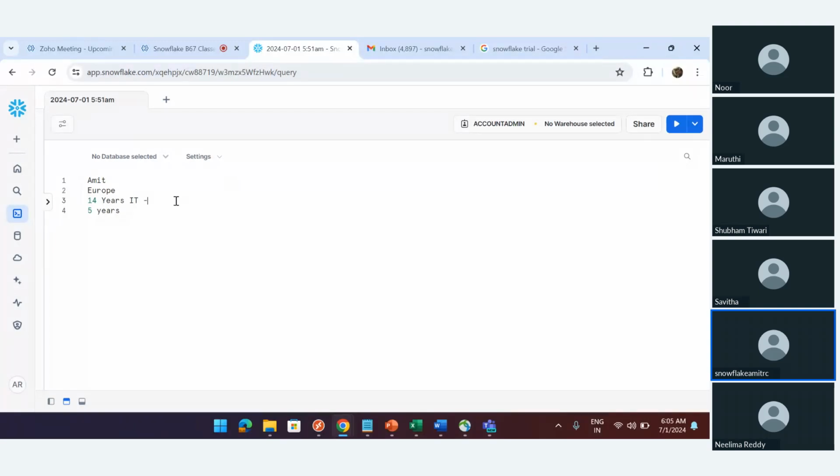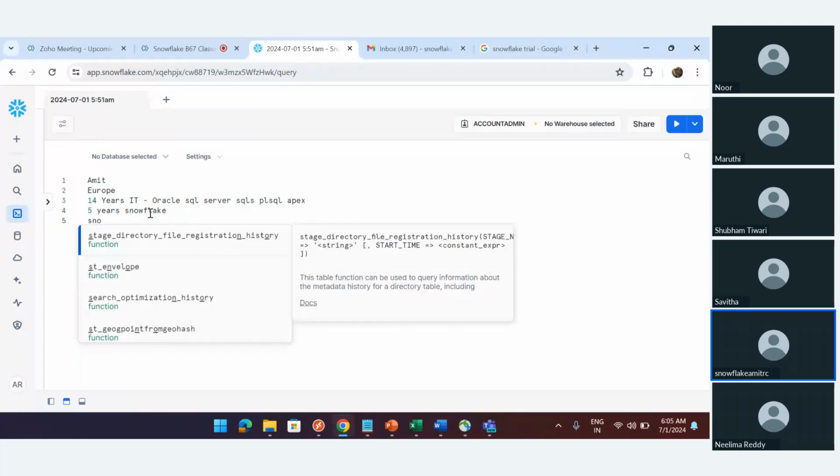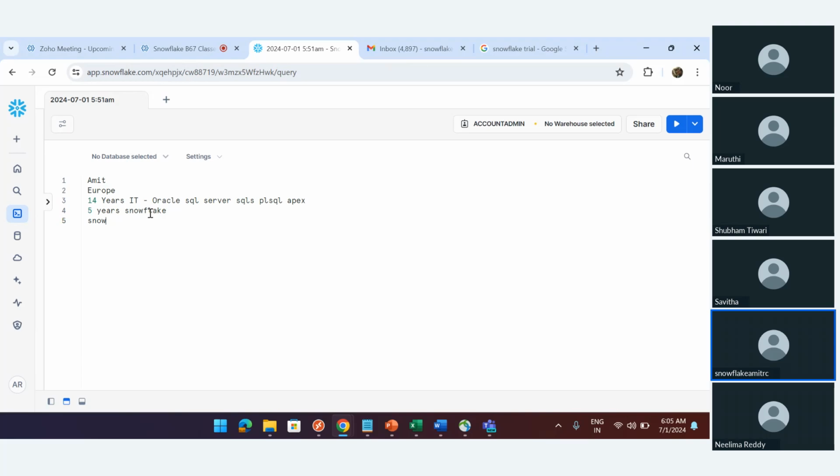Here I worked in Oracle, SQL Server, SQL, PL/SQL, and Apex. These are all the technologies I worked in before. In the last 5 years, I'm working in Snowflake. I have completed two levels of certification on Snowflake. The first one I completed was Snowflake Core, then I completed SnowPro Advanced